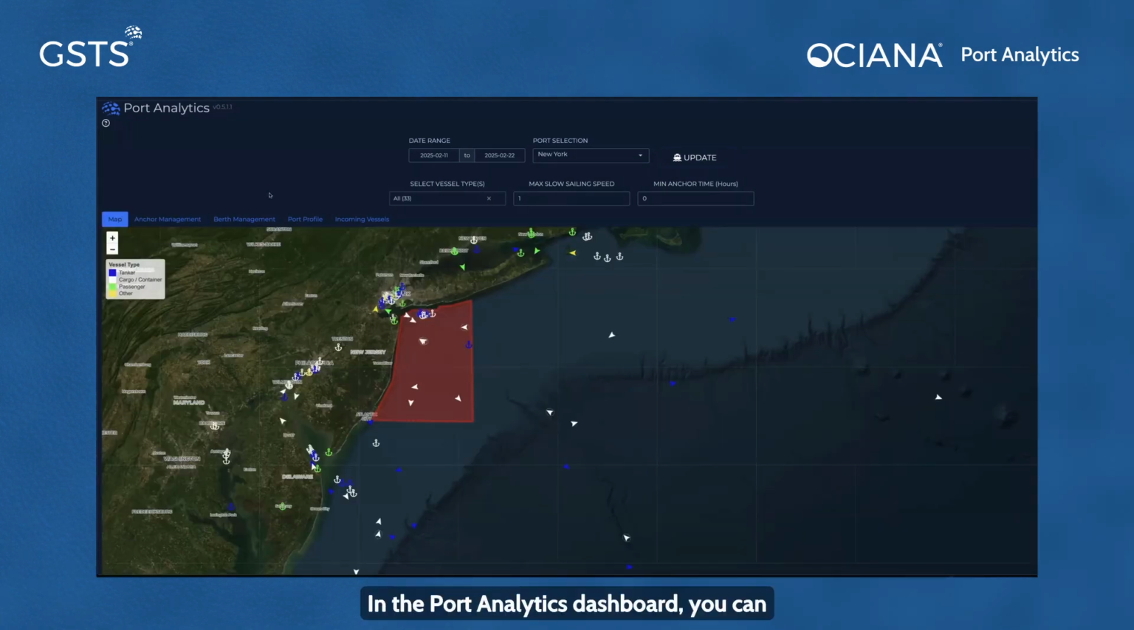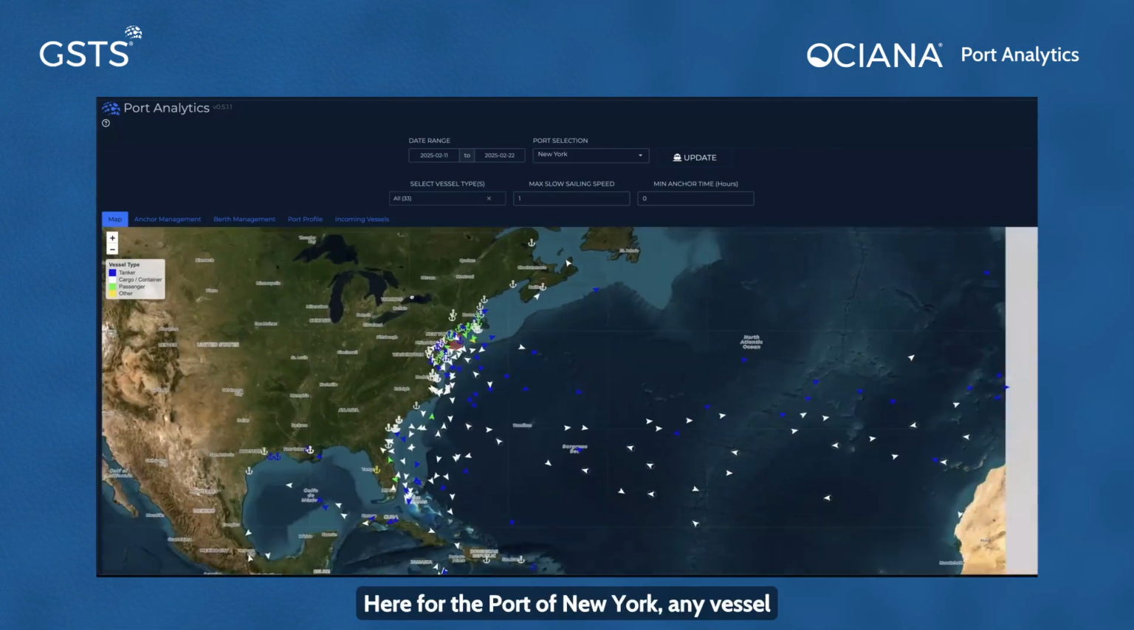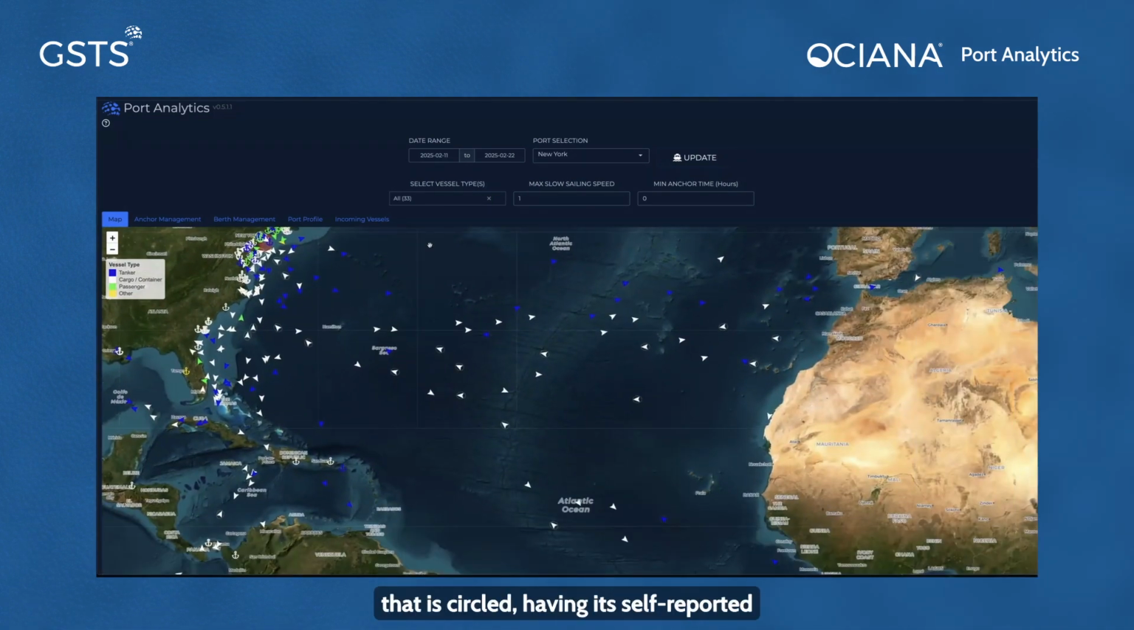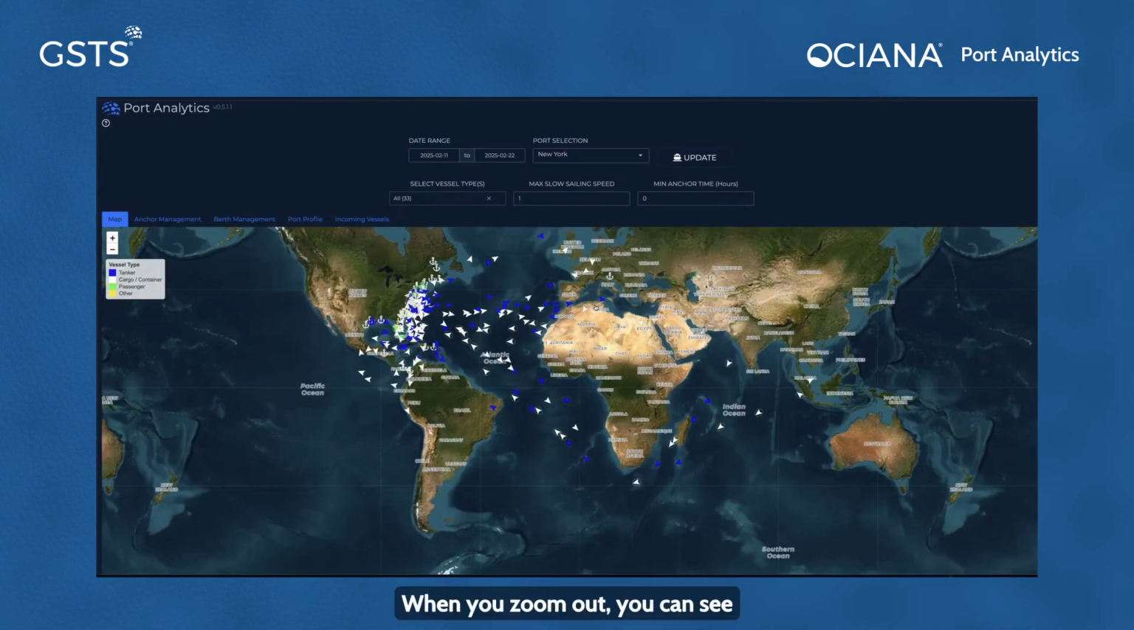In the Port Analytics Dashboard, you can also see all vessels incoming to your port. Here for the Port of New York, any vessel that is circled has its self-reported destination as being the Port of New York. When you zoom out, you can see vessels as far as India calling to the Port of